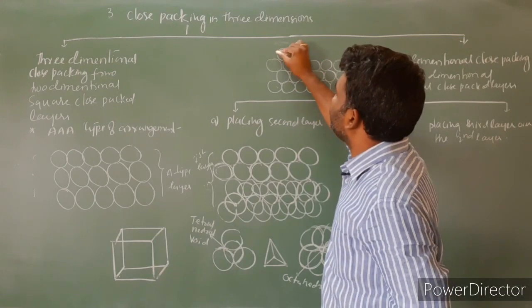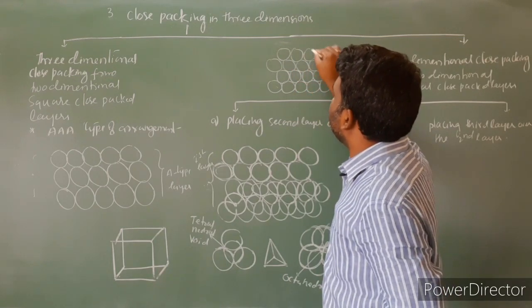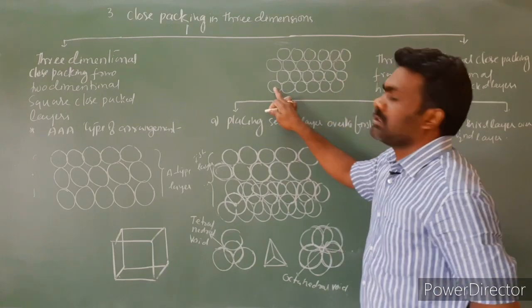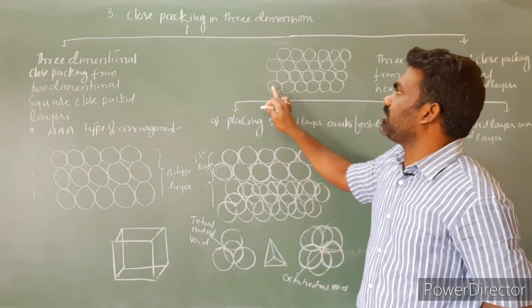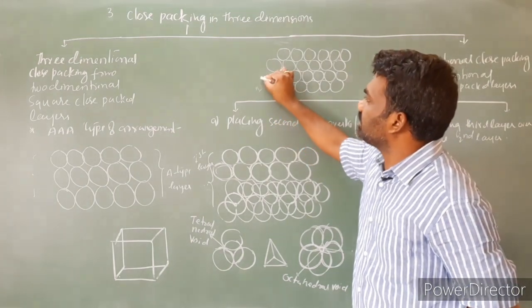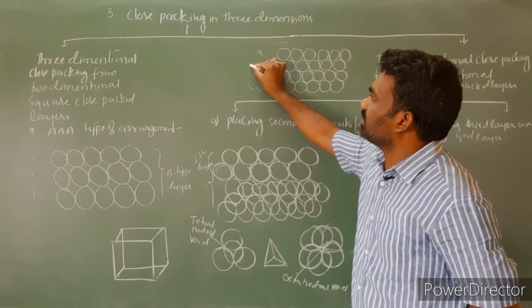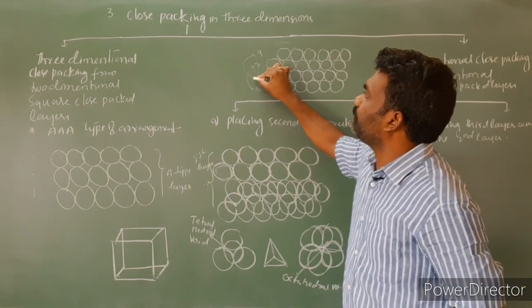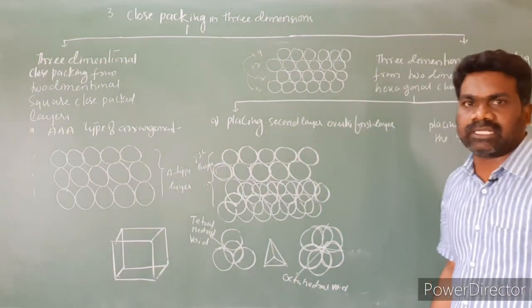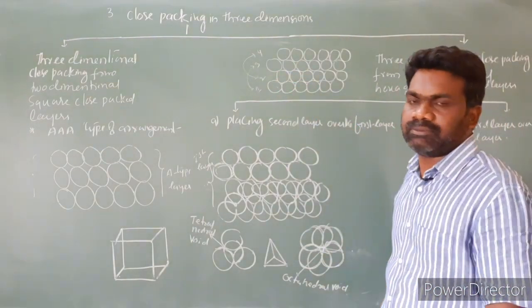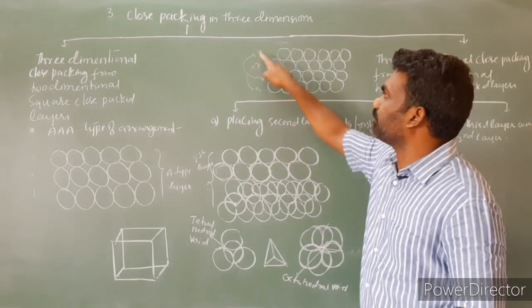And this is the fourth row. The fourth row is similar to the second row. The third row is similar to the first row. This is the first, this is the second, this is the third, this is the fourth. So the third and first rows are similar, and the second and fourth rows are similar. The alignment is similar, horizontally as well as vertically. Third and first, fourth and second.